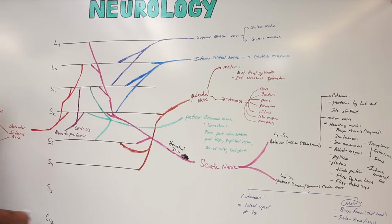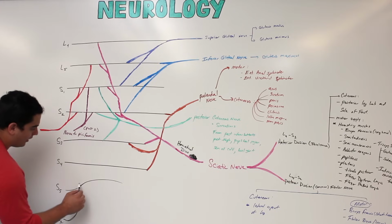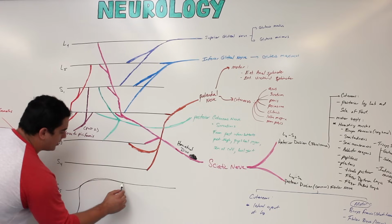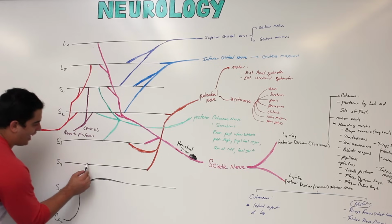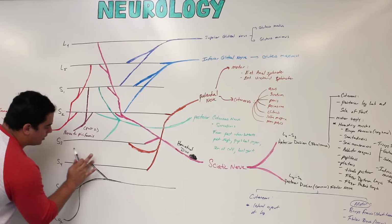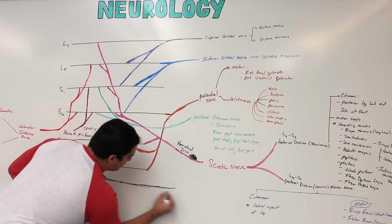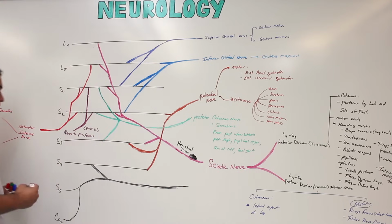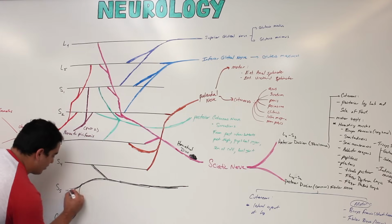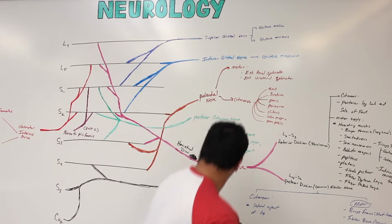This one's pretty cool, and this is going to be picking up branches from coccygeal 1. It's going to be picking up branches from S5, and it's going to be picking up some fibers from S4. This one's interesting because it's sometimes forgotten about and not talked about that often, but it is clinically relevant sometimes to determining certain things like maybe a pilonidal cyst or coccydynia. This basically is going to be called the